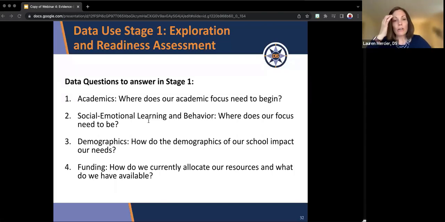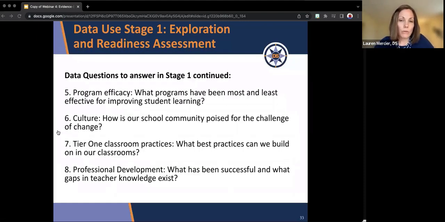And then funding, how are we allocating resources? You have to know that, right? So to secure this, you need to access your business director and or your title funds manager, for example. So on the next slide here, again, we're still in stage 1. There's just a lot of questions to answer. There's a lot of things we need to know, right? You don't have to go in this order. You can pick and choose, but